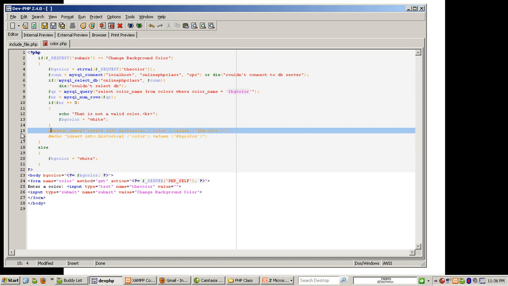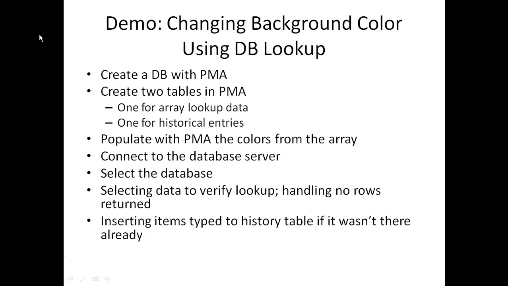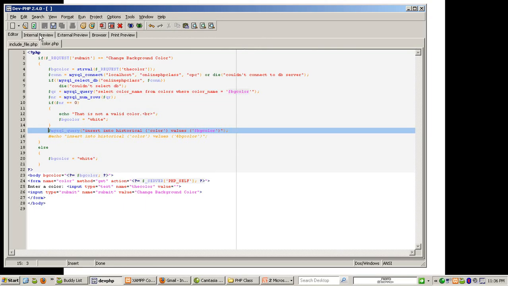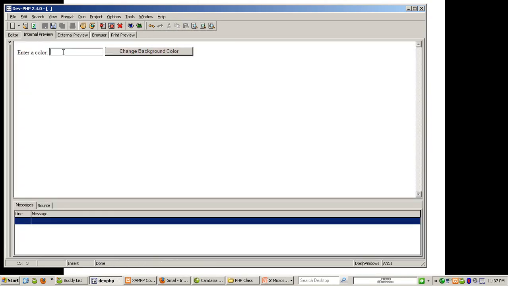So, all right, I'm always going to add everything into the... In this case, my comment here says inserting items typed to history table if it wasn't there already, meant that if somebody kept typing the same color, we were going to only add it once. But because I put the date and timestamp so you can get an idea of what gets typed in when, we'll change that so that we always insert items into the history table so that we know what was typed. Alright, so if I type purple, and I should get,